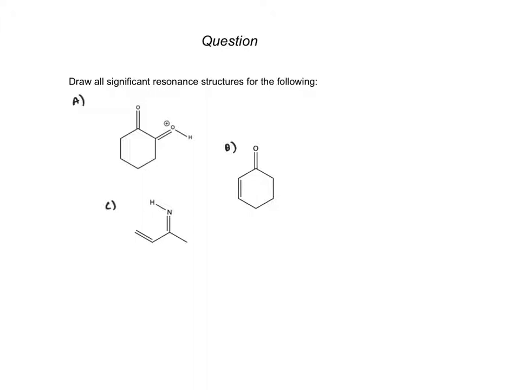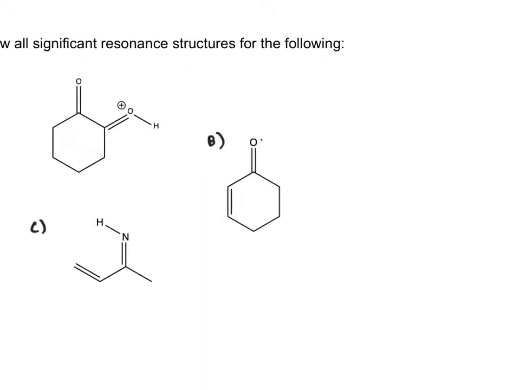And so I look at structure B, and I'm like, okay, what type of patterns can I find? The only one that really pops to my mind is 2 atoms with differing electronegativities separated by a double bond, right? So we've got oxygen, fairly electronegative, and carbon, not so electronegative. So my first